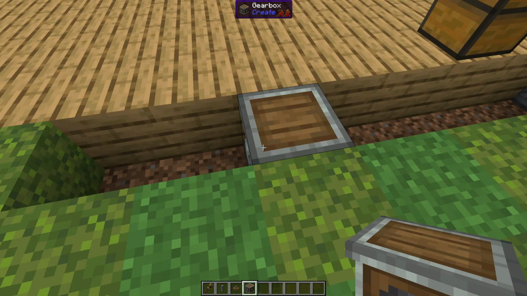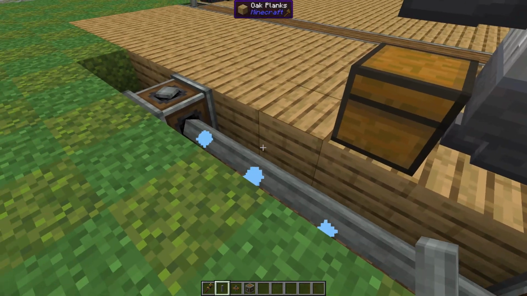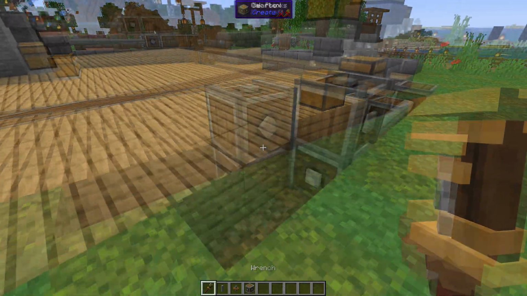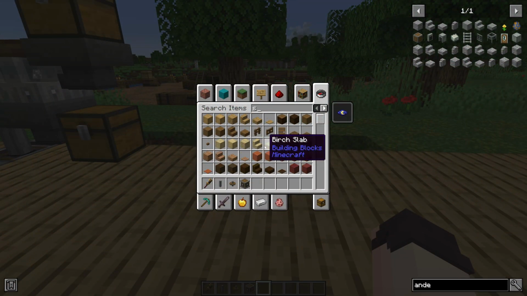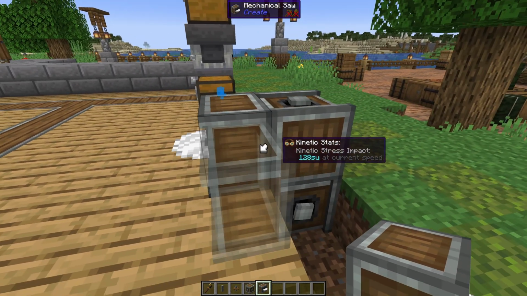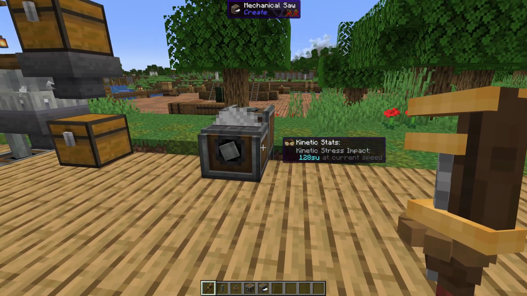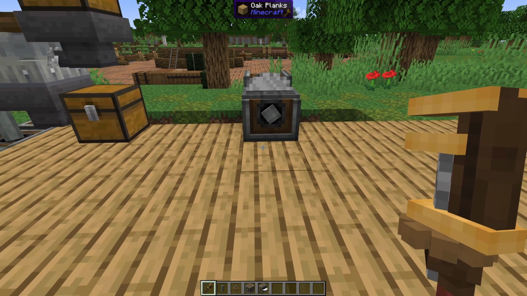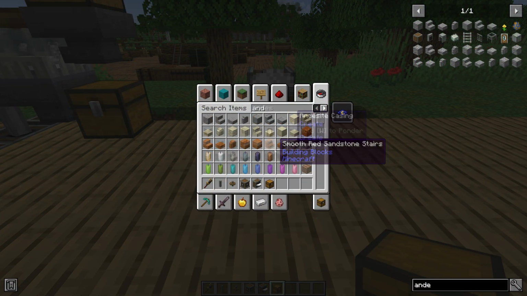And I think about here I'll put another gearbox, and this one will be facing up, just like so. And then we'll have another gearbox, and this is going to allow us to hook up our saw here. So we'll grab our mechanical saw here, and we're just going to place it against that gearbox. We actually want it to be powered like this. So now we have a saw facing down, and we're going to take a chest, and we'll take some andesite